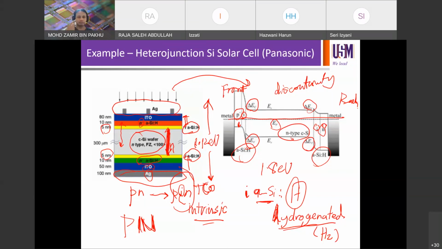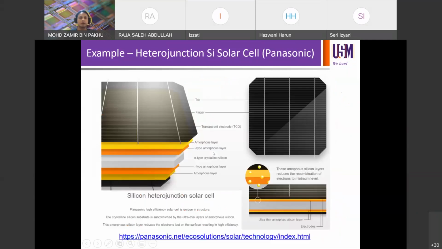So that means we have learned about the PN junction, but the application is not only limited to the PN junction as it is. It may also be extended to pin and other sorts of architectures. We call it architectures, or the design or configuration to serve certain functions or certain roles in the actual devices. But what you learn about the PN junction is sufficient for you to extrapolate your knowledge to relate with the real applications in real devices. Okay, so you can also see this